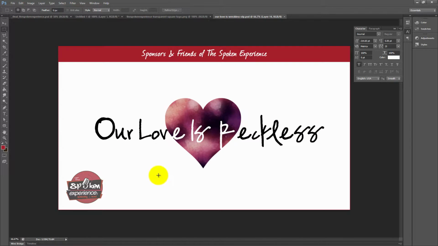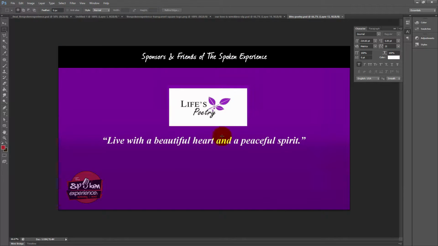Okay, here it is. So this is the template that I've created for this particular client, and anytime there's a sponsor, we're going to work around this. So basically we've got our sponsors and friends at the top, and then the logo always goes in the center. So I actually did update this for the next sponsor, so I made this black, and I made this a little wider, so let's go with this